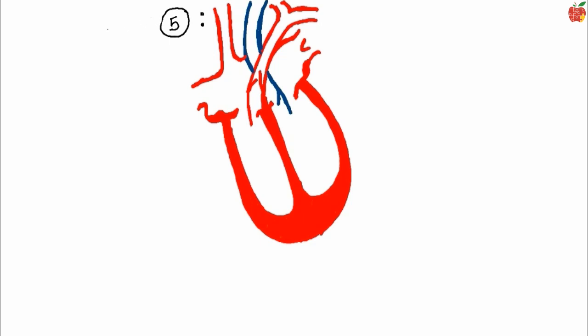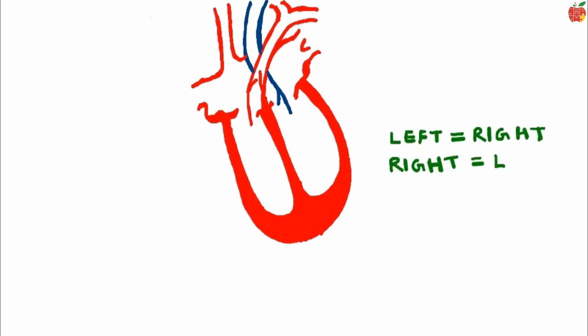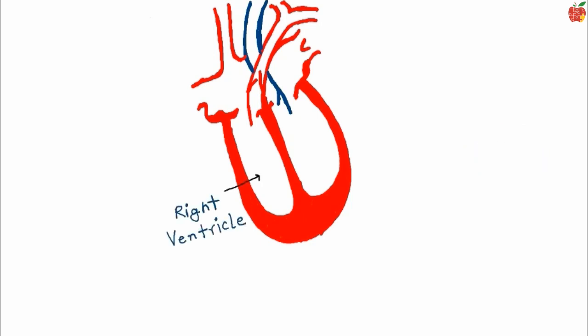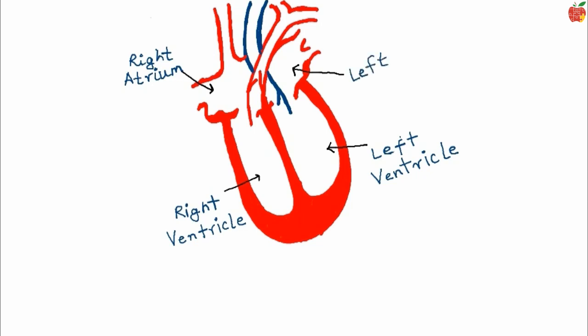It's labeling time. One important thing. In the heart diagram, your left is your right and your right is your left. Kindly curse the textbook and not us for this. So now the left heart will be called the right ventricle and the right heart will be called the left ventricle. And the space above the right ventricle will be the right atrium and the one above the left ventricle will be the left atrium, of course.